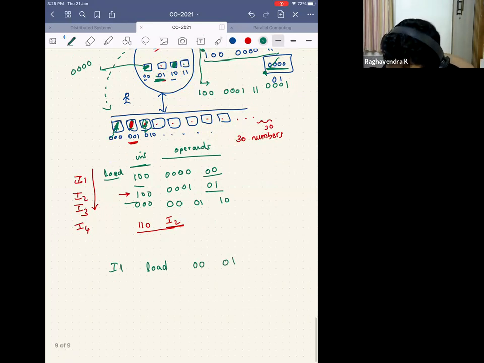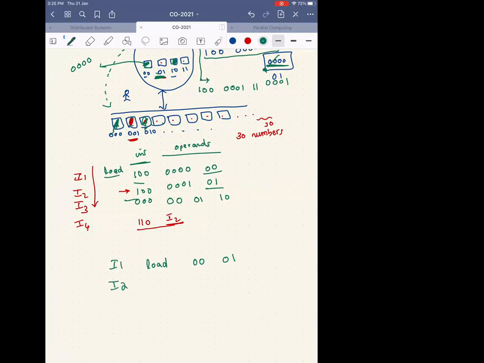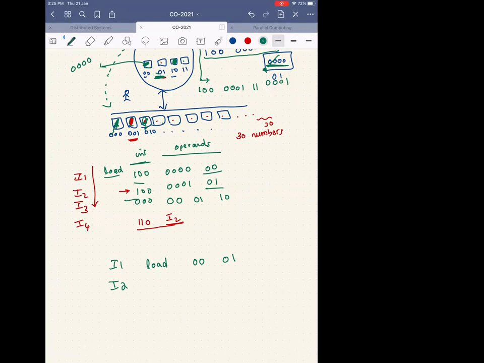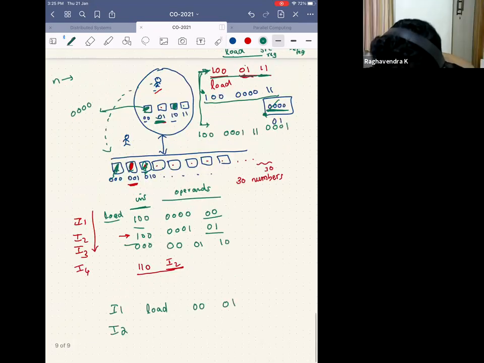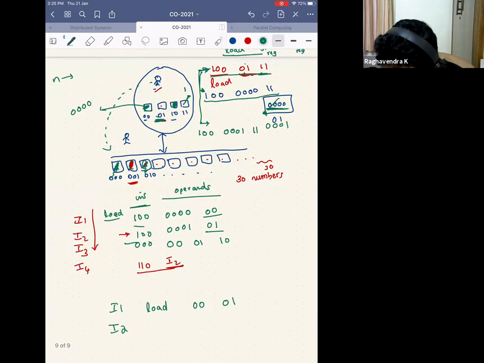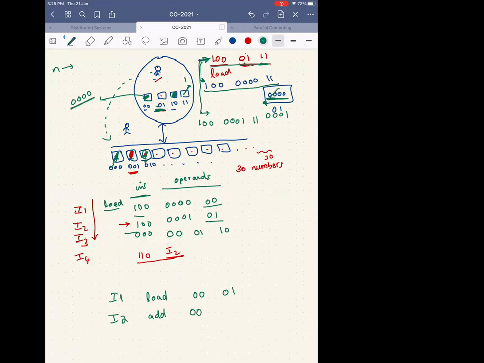What will be my instruction 2? To increase the value in 00 by 1. Yes, excellent. So what should I increase it by? 1. Let's make our life easier and say that box 11 always has the value 1. So now I do add, and 00 is one of the sources, which means I'm adding 1 to this, so 11. And where do I store it back? 00. Excellent.